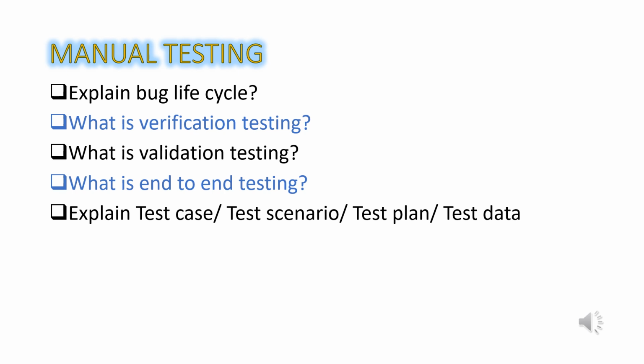For handling a bug, first of all, when we are creating a bug, it will be in the new state, and then some developers will start working on that. Then it will go to the assigned state, and then it will come for open. Once it is in the open state, the developer will start fixing that one. Once the developer has fixed the bug, it will go to the fixed state, and we can